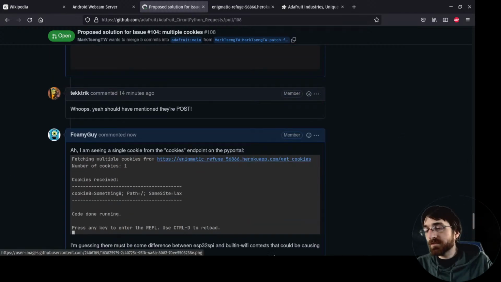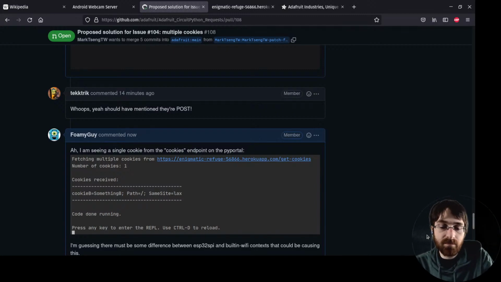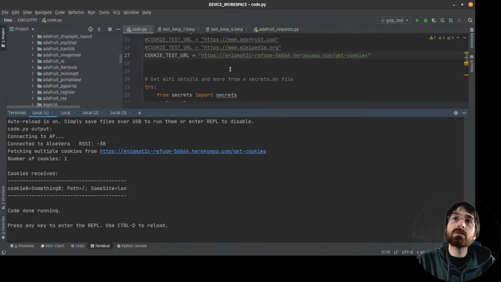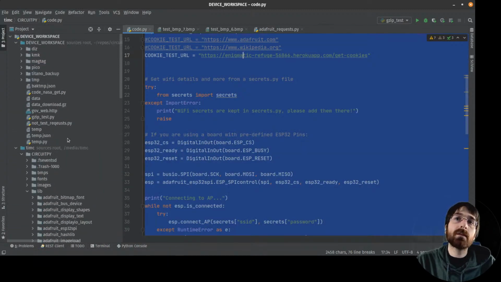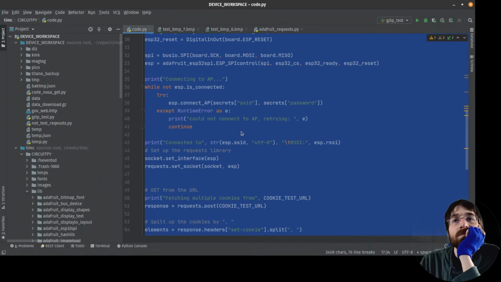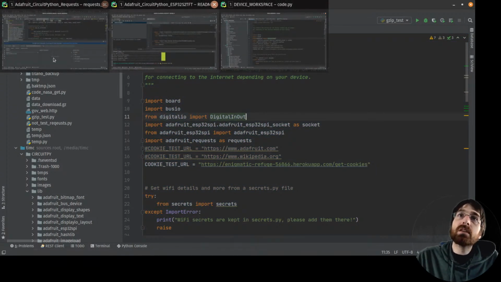The one thing I'll do is try this on an ESP. The best way probably is going to be to copy this code. Well, I'll just end up having to change a bunch of this back, right? Because I originally modified this to be